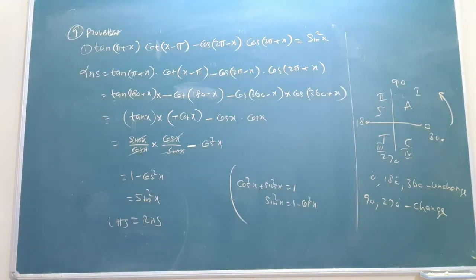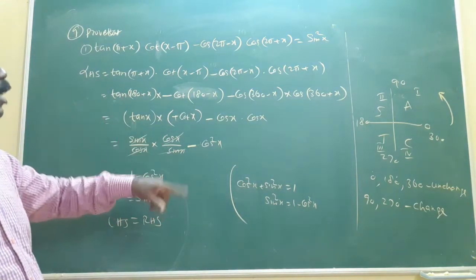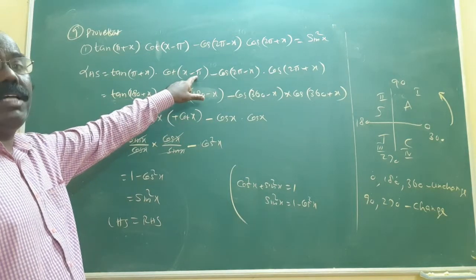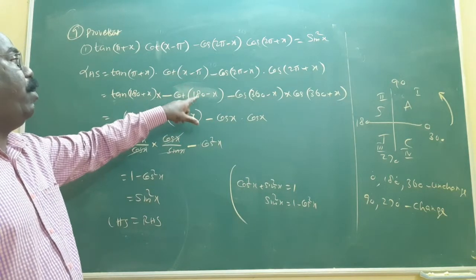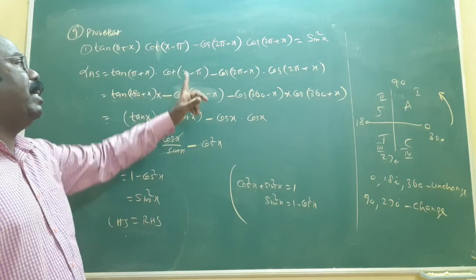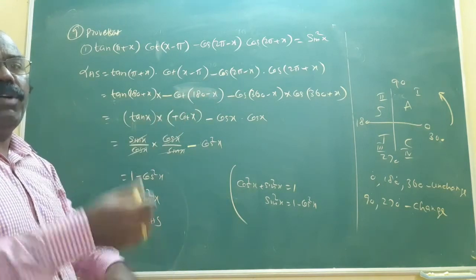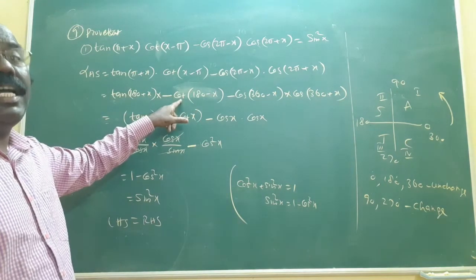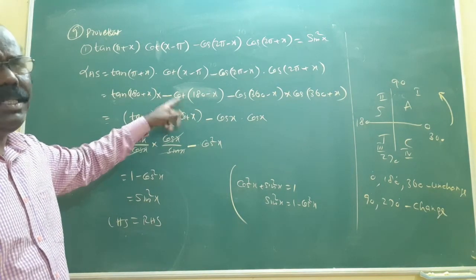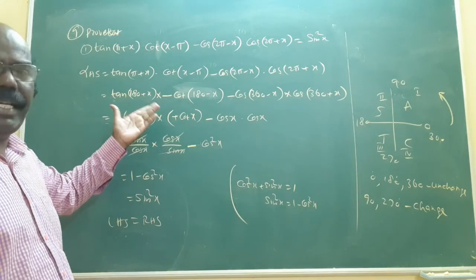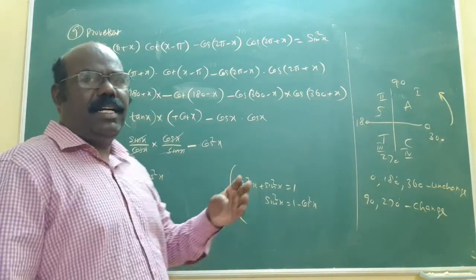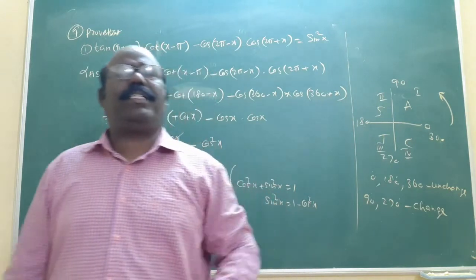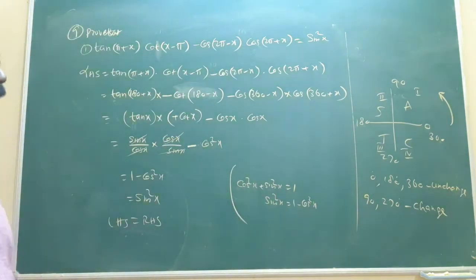Trigonometry identity. So pi is 180 and you also want to write in terms of the first angle only. That's why x minus 180 becomes 180 minus x. Interchange means one extra negative will come, that minus will be taken outside because cot is an odd function. If it is an even function, you need not write the minus sign. What are the even functions? Cos and secant are the only even functions. The remaining are all odd functions. That's all.